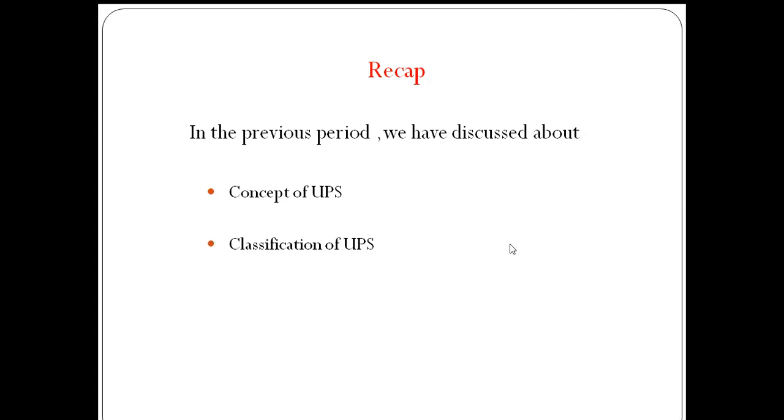In the previous class, we started the applications of power electronic circuits in this chapter, and mainly focused on the switch mode power supply, SMPS. Actually, what are the different problems available in the raw main electrical AC power supply, and how to alleviate those problems by using SMPS, the block diagram of SMPS, and the main advantages and disadvantages of SMPS we have seen in this chapter.